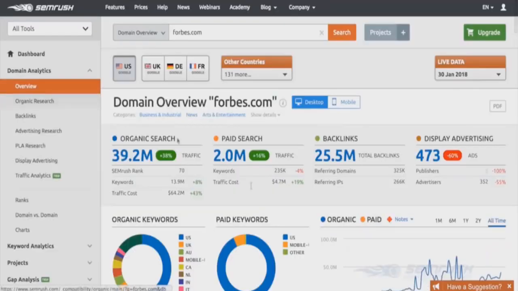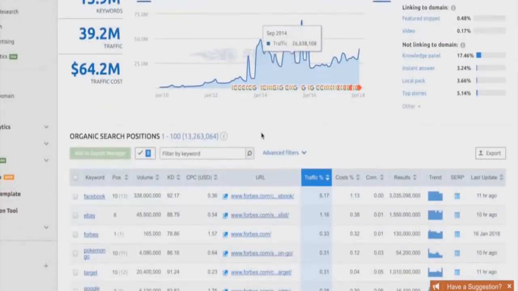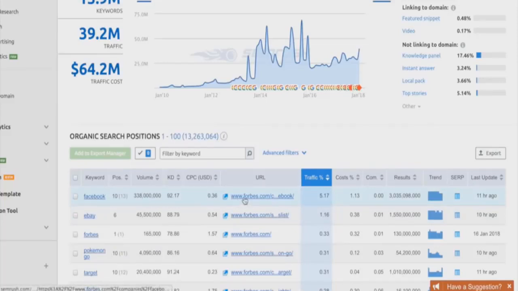But this is just the start of analyzing your competitor's website. The thing I like to do the most, or how I basically steal their traffic or steal their leads, is by going to the organic research section. So let's just do that right now. Okay, so as we can see here, we have more information, and that's alright, but the thing I like the most is that we can actually see what they're ranking for and what page is actually ranking for that particular keyword. So we can obviously see that Forbes is number 10 for the keyword Facebook, which is incredible, okay? And they're ranking number 10 with this particular page right here,